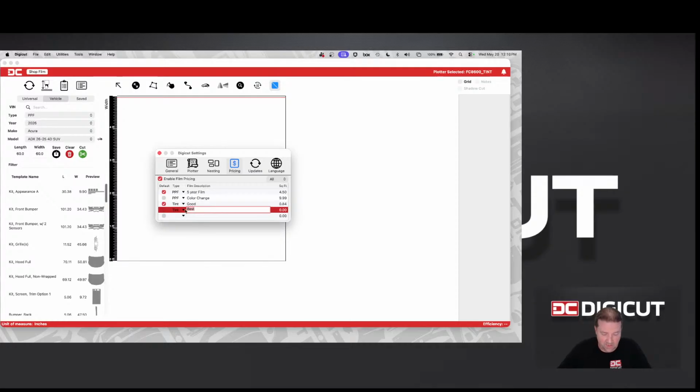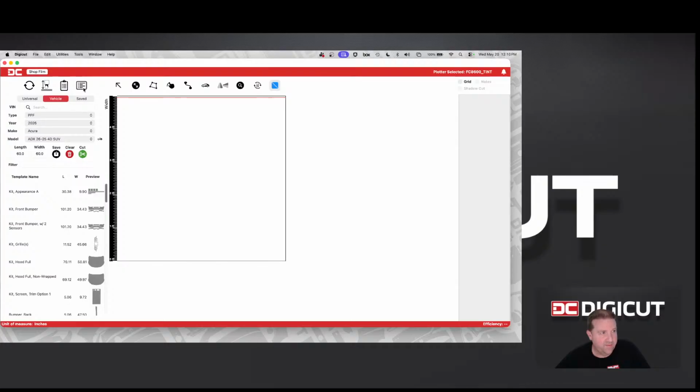Then I'm going to say a better film. You can name this ceramic or whatever you guys want to call it. Let's call that one $1.50. And then let's add another film, and let's call this one best. And that one's going to be my $3.50 a square foot. All right, so now that that is set and pricing is on,